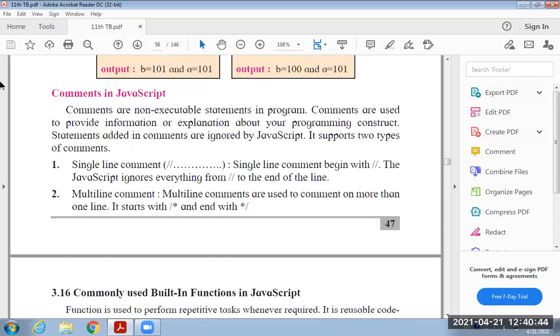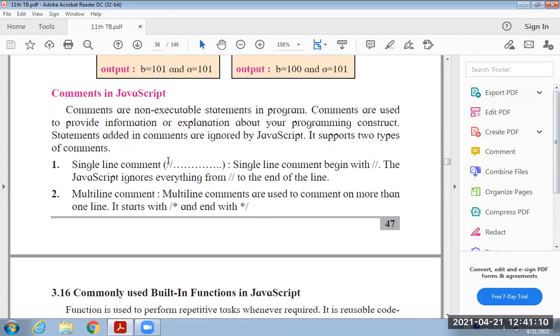Then the next topic is comments in JavaScript. Comments mean the non-executable part in the program. Comments are used to provide extra information for the user as well as for a third person. Under comments, we can provide single-line comments as well as multi-line comments.